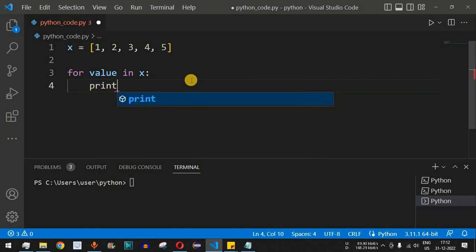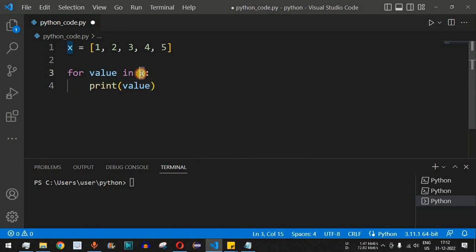So we simply want to print all the values. So we have the print function, and we can simply provide this variable value. So guys, what is happening behind the scenes is, this x, that is the list of all the numbers, one at a time, the number is being assigned to this variable that is value. So first of all, 1 will get assigned to value, and this value that is 1 will get printed,